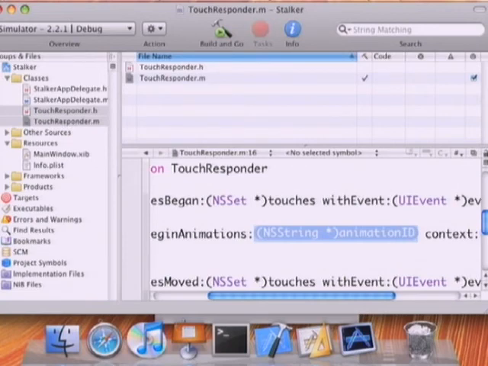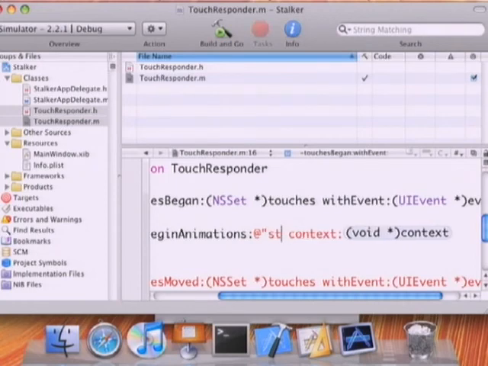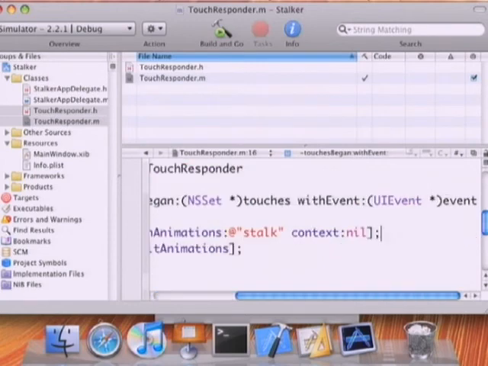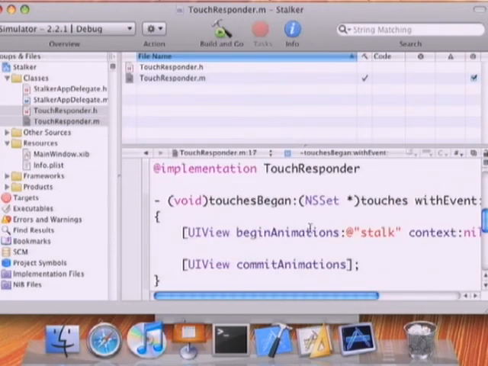I'm going to call this stalker. Stock. Is that how you spell stock? Stock. Context, nil. And here I'm going to say UI view commit animations so that when it's done, it actually starts the animation. And I'm just going to say stalker dot center equals